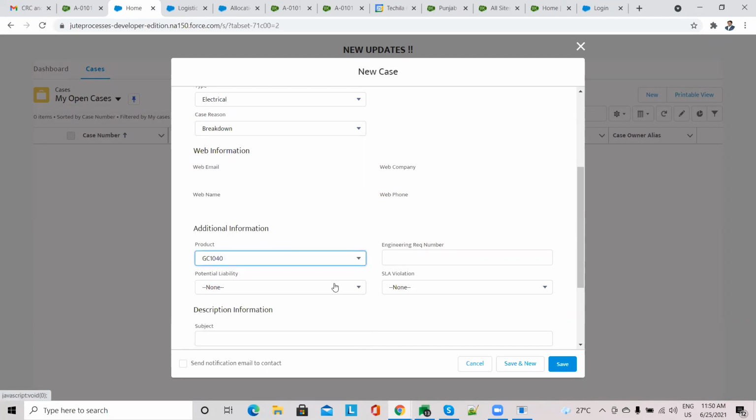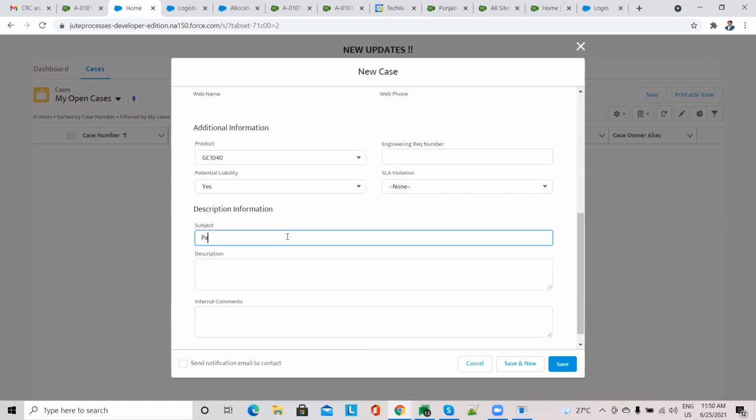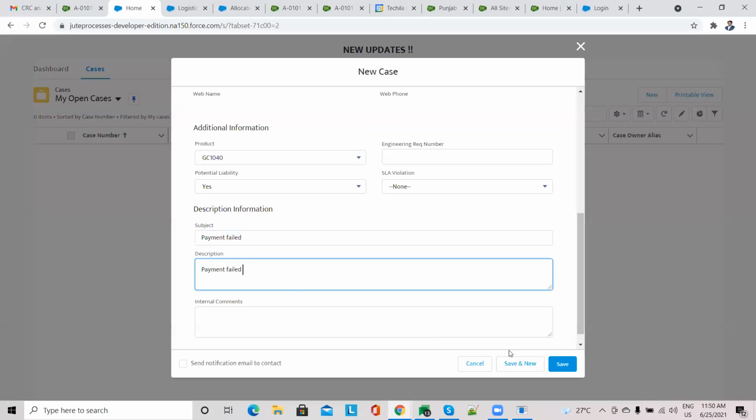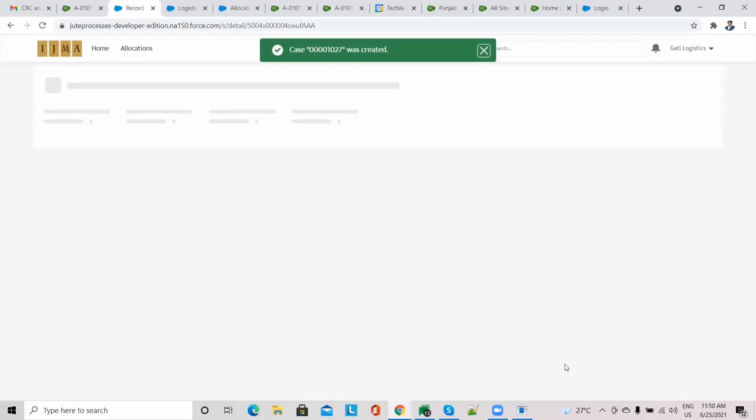So in reality, I think cases would be used if there is a failure in the payment, if the amount is wrong, or any issues along those lines. They will be able to raise the issue directly to the Jute Commissioner's office, not over email, not over phone. They'll be able to raise a record, and this can be tracked very easily by the Jute Commissioner's office and the person raising the case through their own portals.